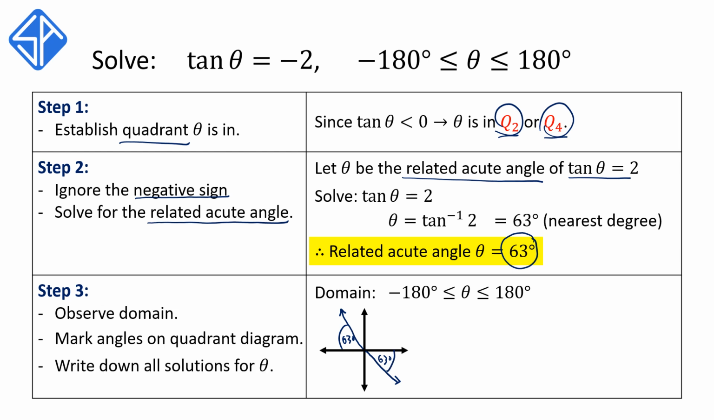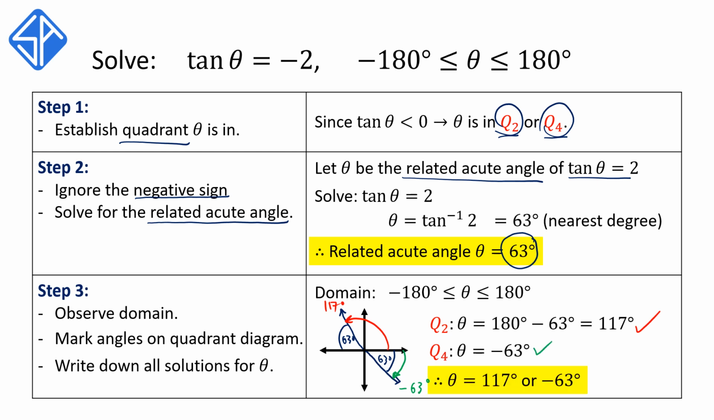Now we're going to write down all the solutions. Our first solution is given by 180 degrees minus 63 degrees, which is 117 degrees. Now, since the domain goes from negative 180 to 180, for our second solution we're going to be traversing in the negative direction, which is clockwise. So we're going to traverse this direction, and this ray corresponds to negative 63 degrees. So our second solution in Q4 is negative 63. So for this question, our solutions are theta is equal to 117 degrees